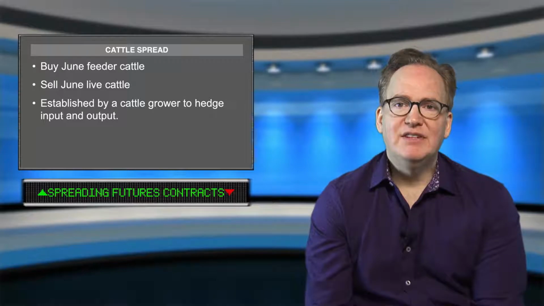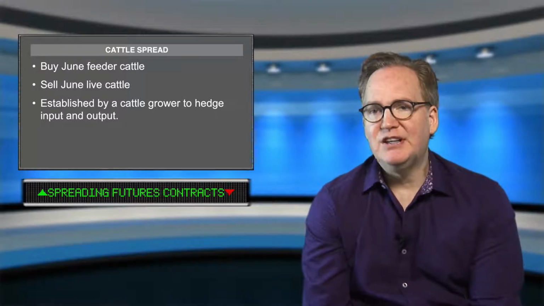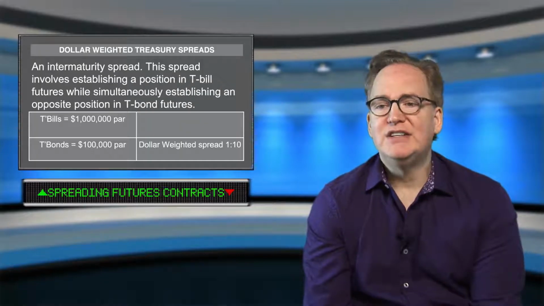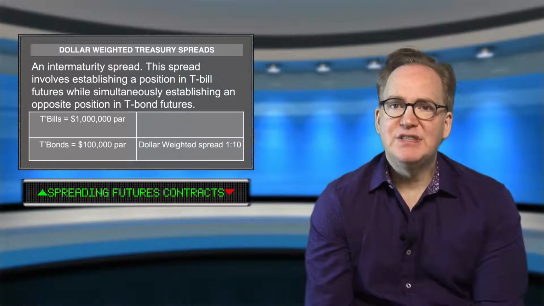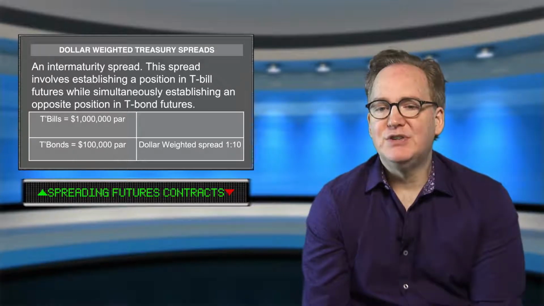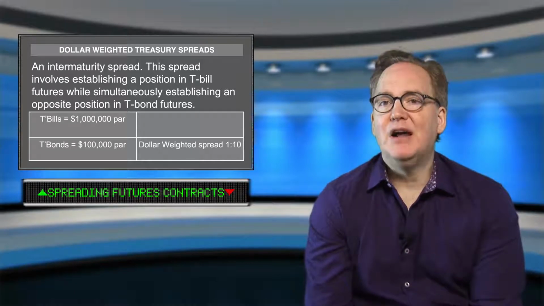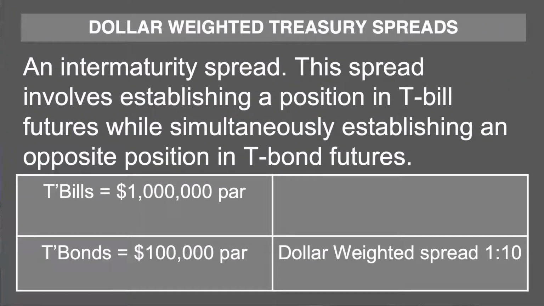So now that we've covered some of the agricultural and commodity products in commodity spreads, we want to move on here to spreads in financial futures. And we're going to specifically look at some spreads in treasuries. We can put on an intra-maturity spread by using T-bill contracts and T-bond contracts. Now, in an intra-maturity spread, we use a T-bill contract which covers $1 million of par value and a T-bond contract which covers